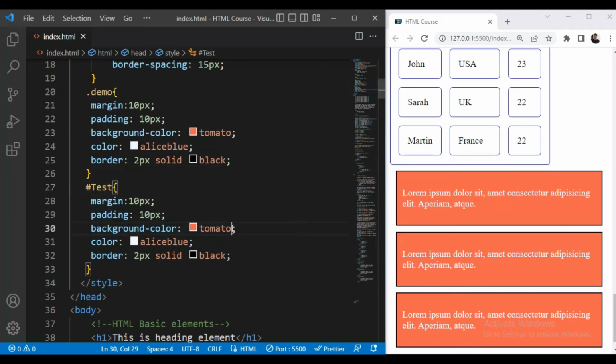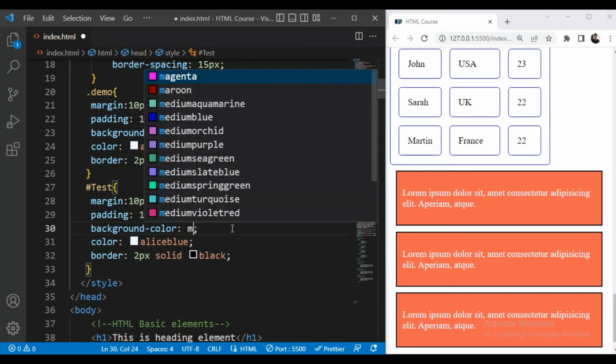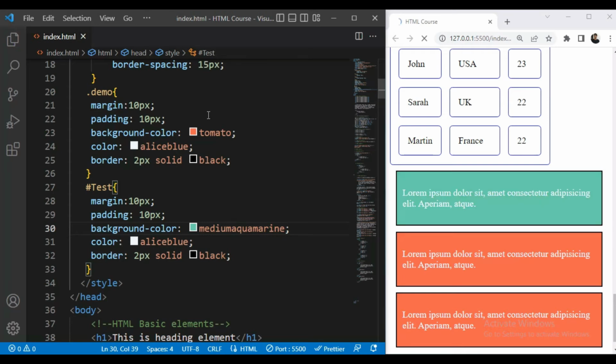So here we'll change the background color to medium aquamarine, and let's save this. So now you can see the ID attribute specifies a unique ID for an HTML element. The value of ID attribute must be unique within the HTML document.